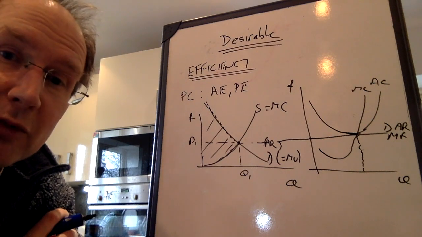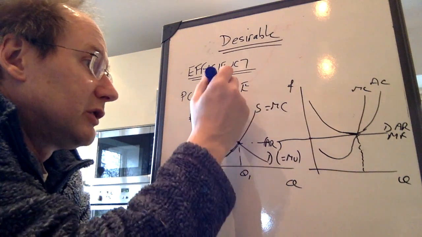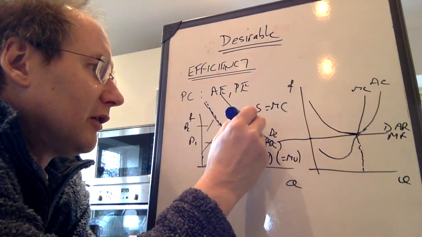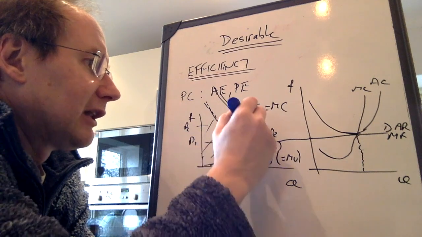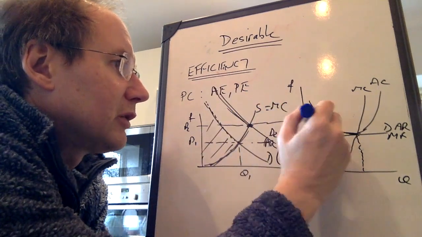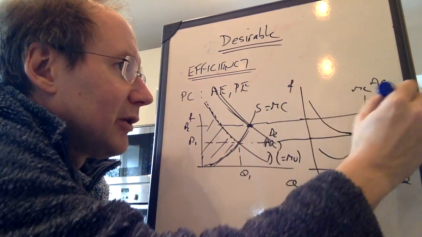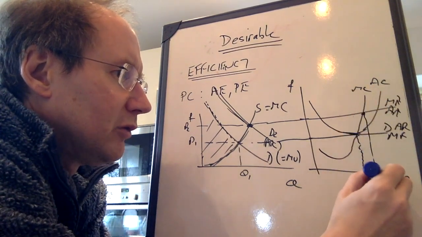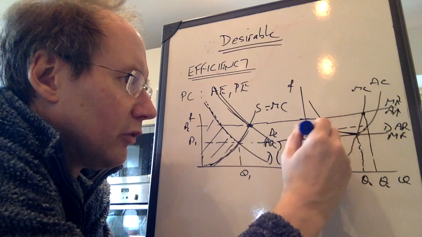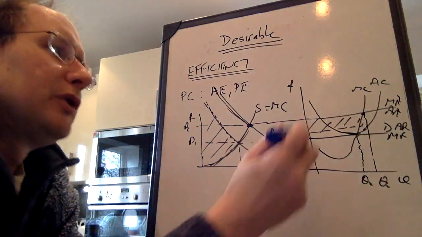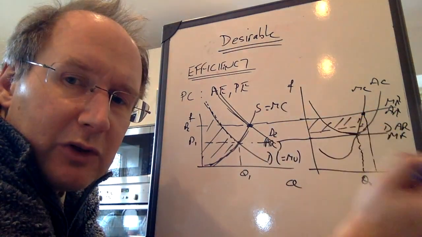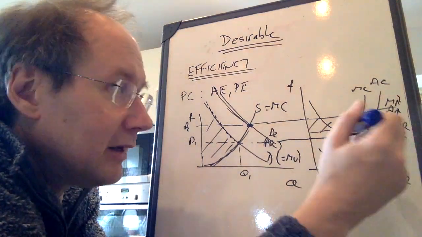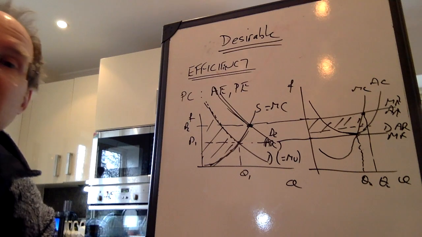In the short run, that might not be true. Suppose there had been a big increase in demand to D2, driving price up to P2. The market's still allocatively efficient, but now because MR has shifted up to MR2, AR2, the profit maximising output rises from Q1 to Q2, and in the short run, the firm is no longer productively efficient, because competition has been reduced by the fact that demand's gone up and new firms haven't entered yet. Average cost still isn't at its minimum point.